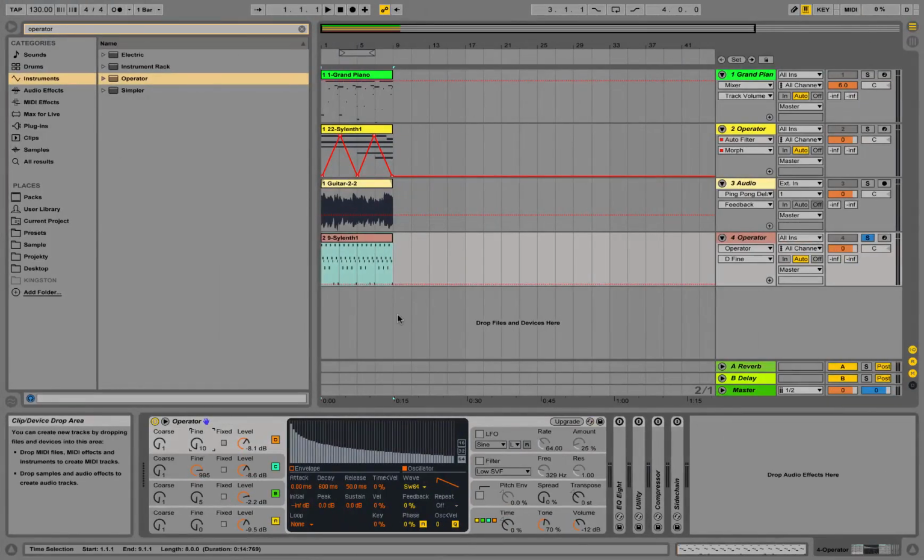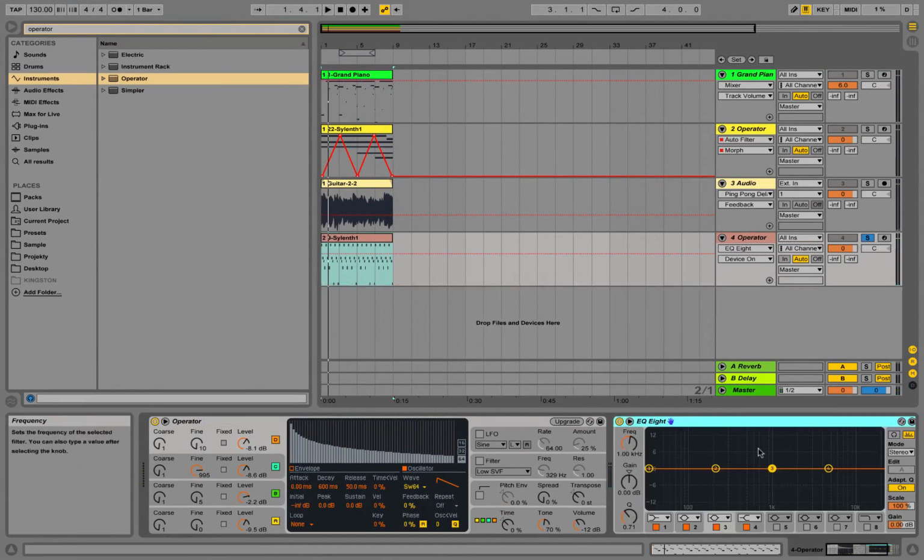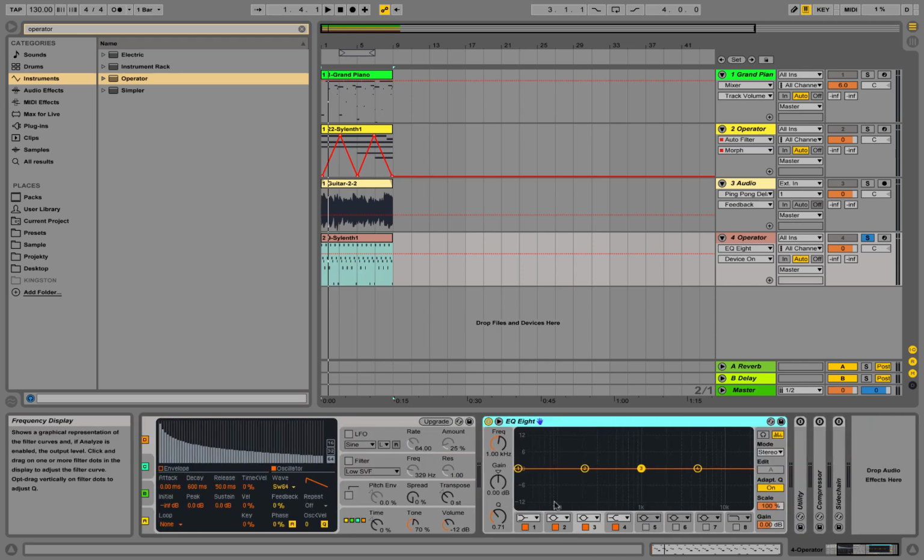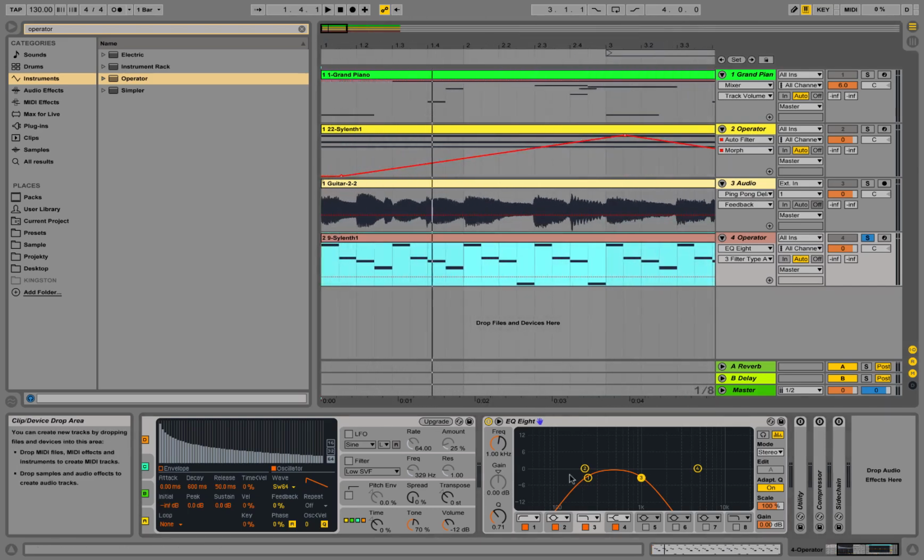Yeah, so it should sound like this by now. Sounds better, but it's still not a pluck sound. So what we'll do right now, just dragging an EQ8 onto the track, cutting off low end, setting it like this, and cutting off some of the high end. And what we'll do now is we will automate this